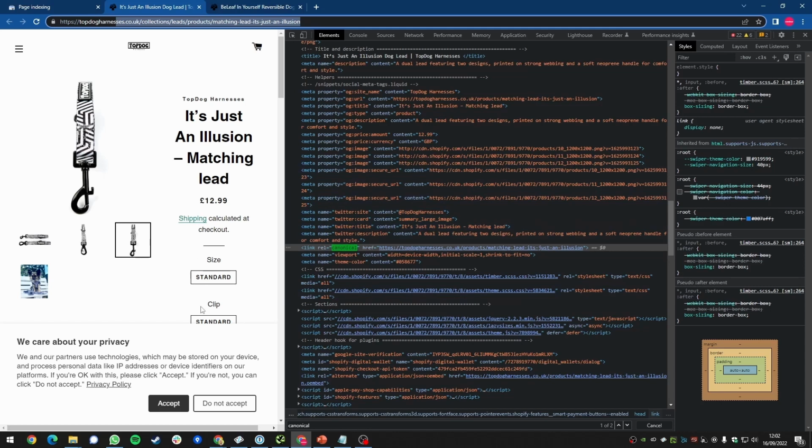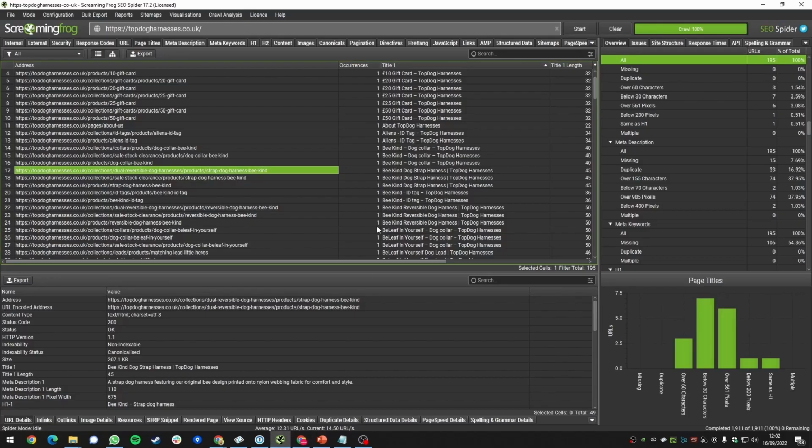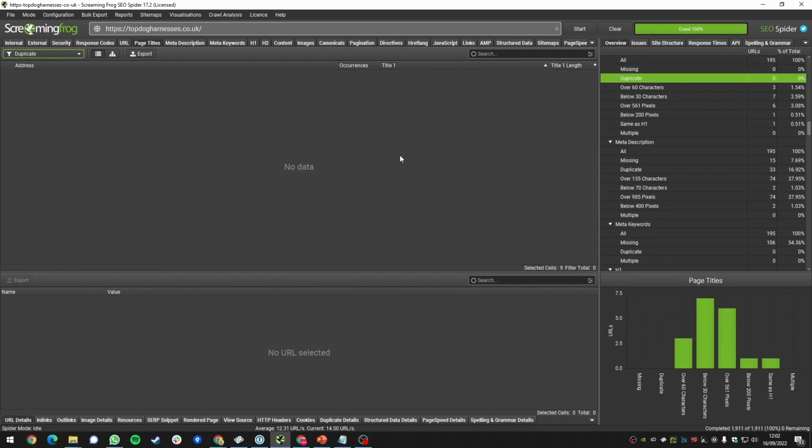So this highlights why internally linking to non-canonical pages will result in problems. Google is indexing the incorrect pages. It may index both pages, in which case we will have duplicate title tag issues because multiple versions of this page may be indexed. But of course, these tools are saying, because we have the canonical tag, that there's no duplicate issue. So this is actually incorrect